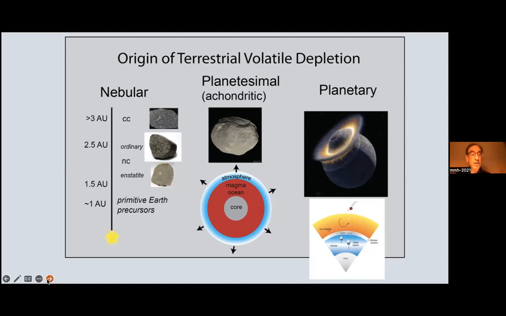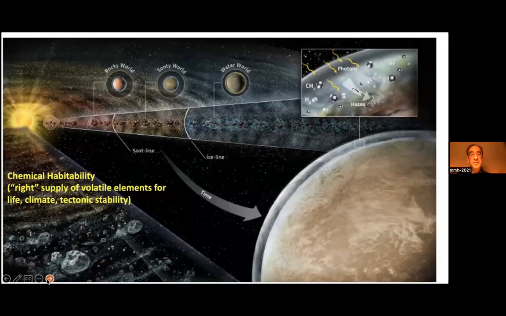The differentiation of early formed, easily melted planetesimals, and by easily melted, I mean they had a lot of aluminum-26 in them, lost orders of magnitude of carbon, likely, in the process. And the archive of this is, again, in kind of a surprising place in iron meteorites. So just to conclude, we don't really understand what the requirements of chemical habitability are, and it's not my field. I think some of you may know a lot more about it than I do, as to what the limits of a supply might be to provide chemical habitability.